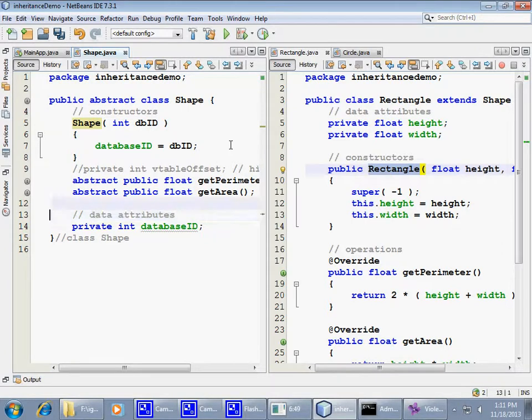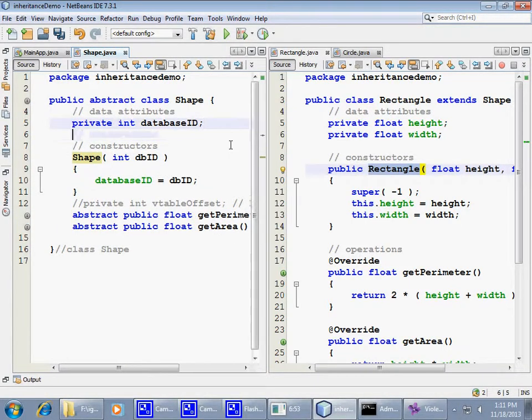So my preference oftentimes is to keep the data attributes right at the top of my classes, and typically right next to the constructors. That's just my approach. The programming language doesn't require you to do that. And I'm sure that you can find people who would argue that in other situations this arrangement is not so convenient, but you know,